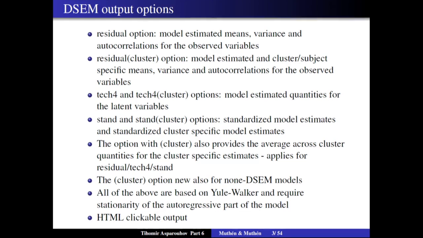Here's a list of the DSEM-specific output options. We have the residual output option, and that will give you model-estimated means and variances and autocorrelations for the observed variables. It's a little misnomer that we put it in the residual output option, because we don't really actually produce residuals. It's just model-estimated means, and this can be used when you don't have TYPE=RANDOM,